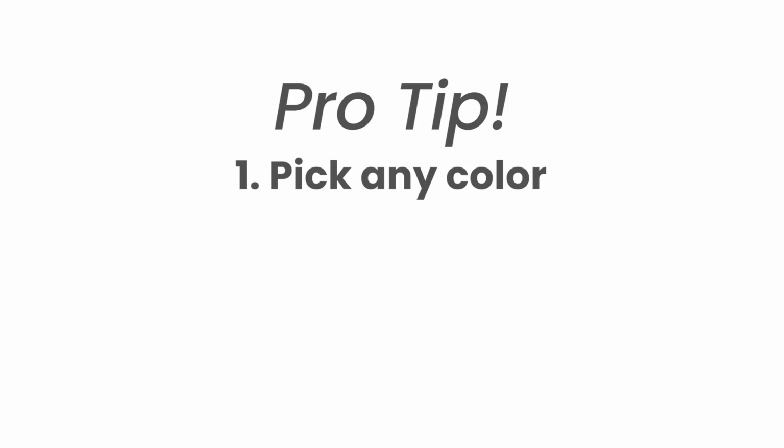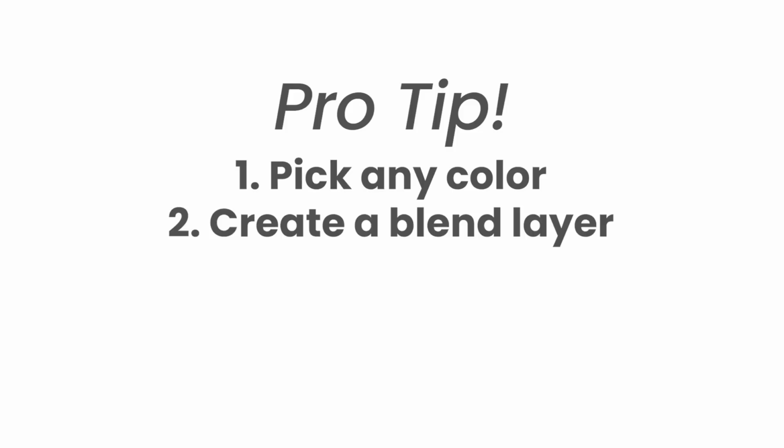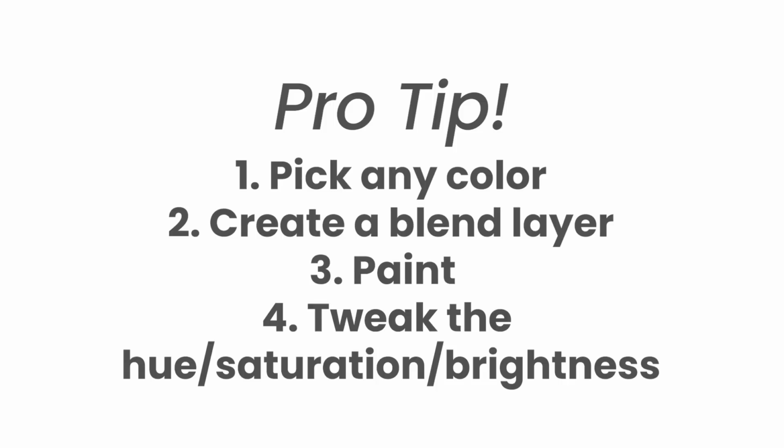But that brings the question, how do you select the colors that you use on your blend layers? I personally like to pick something I think is roughly going to be in the ballpark of what I want. So usually my lights, I'm going to pick a light orange or yellow because I want my characters to look like they're outside in the sun. And once you've painted some of the shadows or some of the light, you can always tweak the color of your blend layer by using, for example, in Procreate, the hue, saturation, and brightness tool, or in Photoshop, you would have the adjustment layer. Honestly, any tool that allows you to change the colors of a layer you could use here and experiment and play with your blend layer.